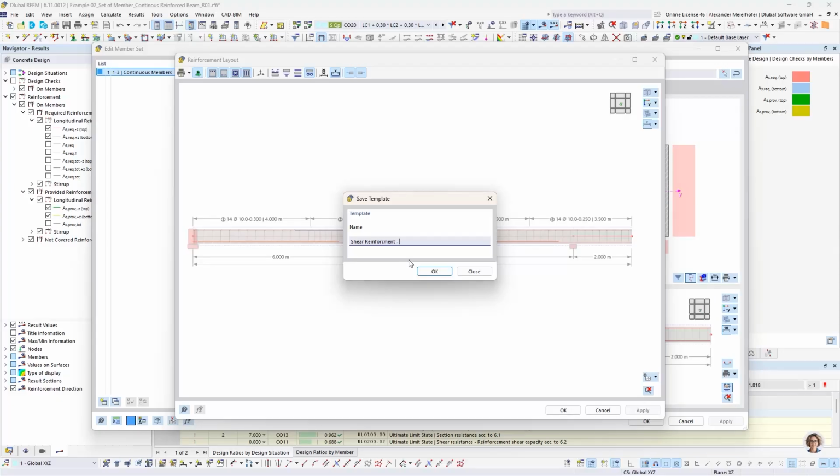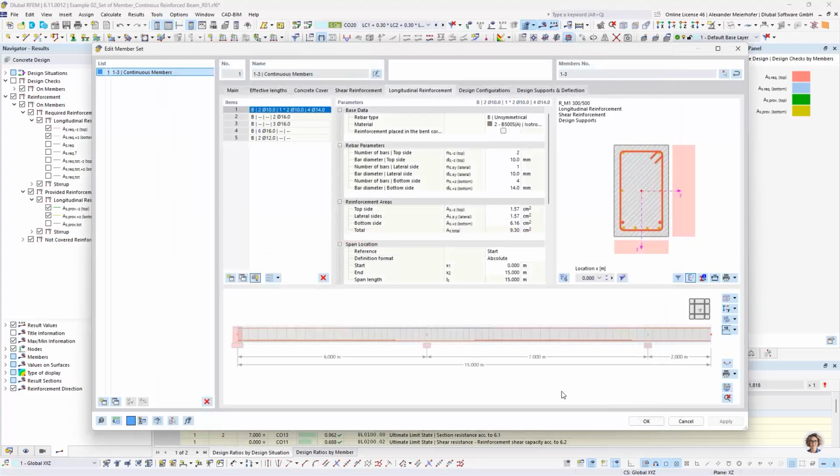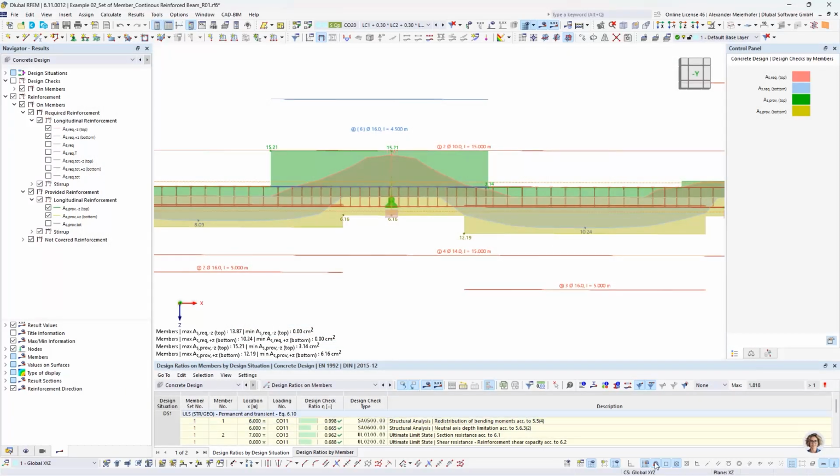Shear reinforcement, and this will also be for members. And then, if you make the multi-print, you can use this template for each member which you have in the structure. Okay. Then for the beams,